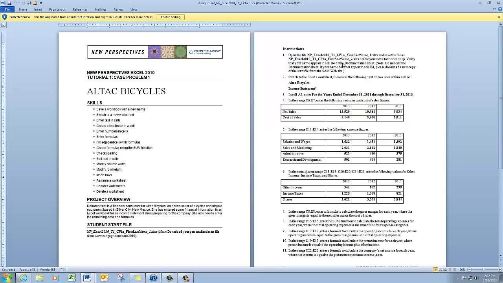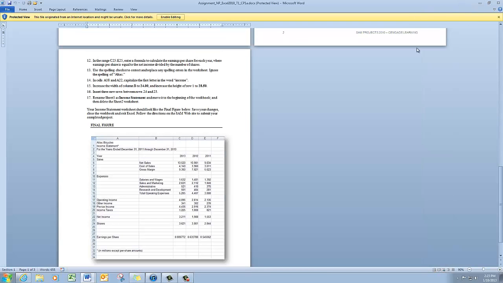So the first instruction on the instructions is always the most important one, and we'll come back to that one in just a minute. Either print out a copy of your instructions so you can refer to it, or save a copy of your instructions to your thumb drive, and you can read them on the screen if you so choose. I'm going to minimize this window for a minute,